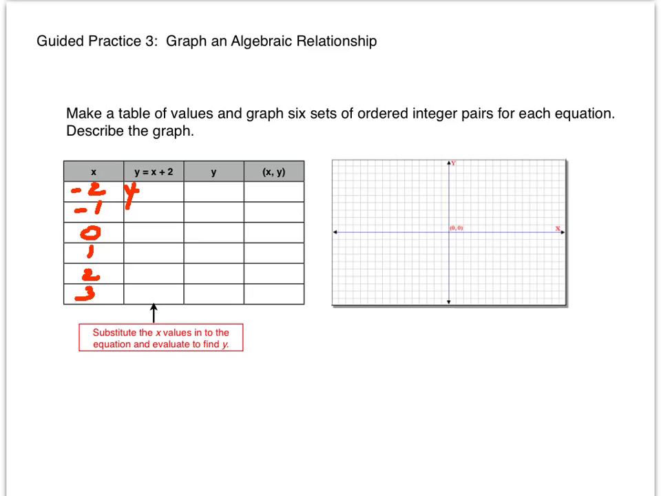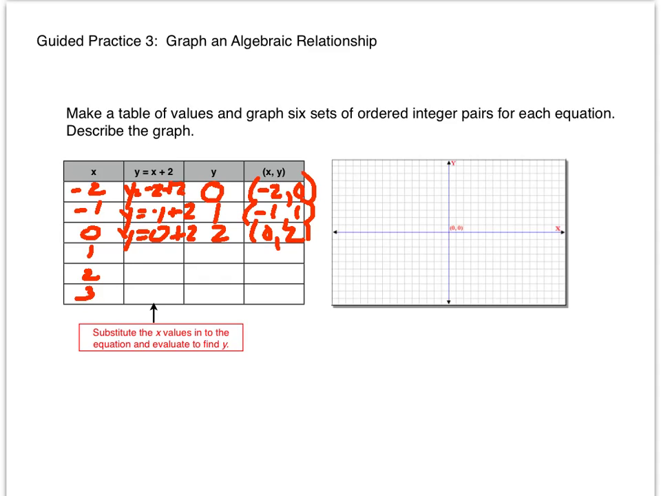So we'll have y equals negative 2 plus 2. Negative 2 plus 2 is 0. So our x is negative 2 and our y is 0. Next, we'll substitute in y equals negative 1 plus 2, and negative 1 plus 2 is 1, so our ordered pair is negative 1, 1. Next, we'll substitute in 0 for x, so 0 plus 2 is 2,